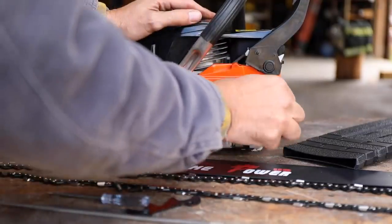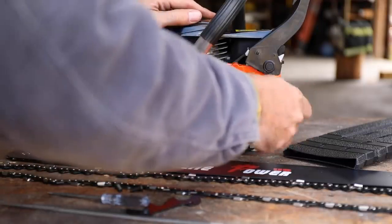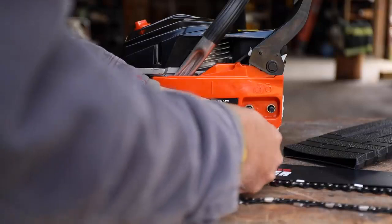I mean, everyone should have a chainsaw around. Even around here, guys carry them in their trucks, in case, because we live in the...